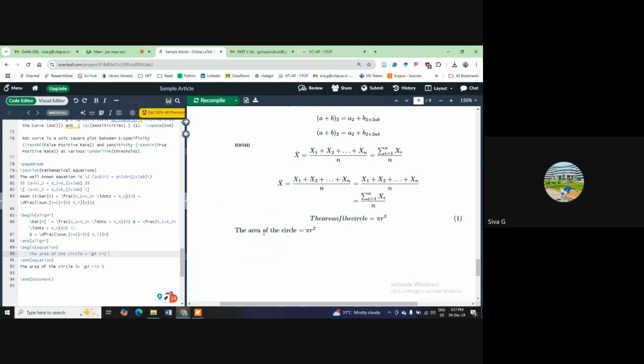here you can see, I will erase this one. Here you can see the difference between. So this, the area of the circle, how is displayed here, and the area of the circle is how is displayed here. Actually we want this text, right? The area of the circle. Why I'm discussing this one is nothing but sometimes in the equation itself we have to give some text. But whenever you are placing any text within that equation, it will treat as a mathematical symbol. It will not treat as a text. That we have to inform to the LaTeX,